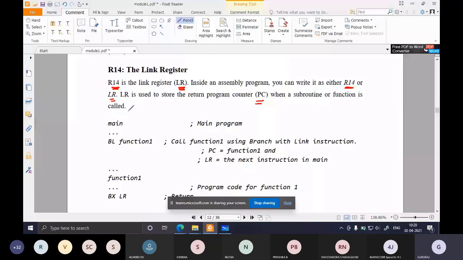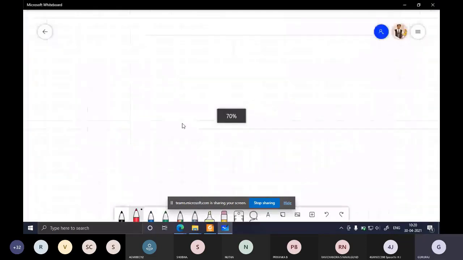When a subroutine or a function is called, the link register will hold the return program counter. What do I mean by this? I'll explain using an example. I'll take the main program.